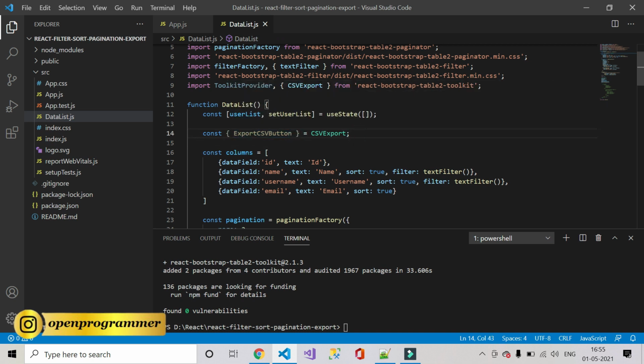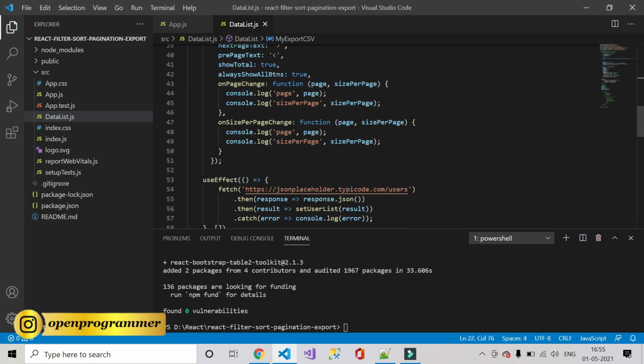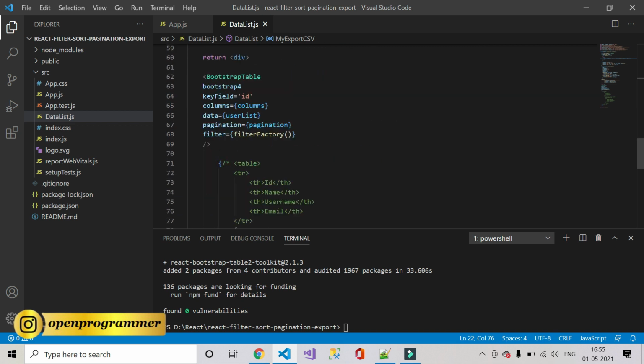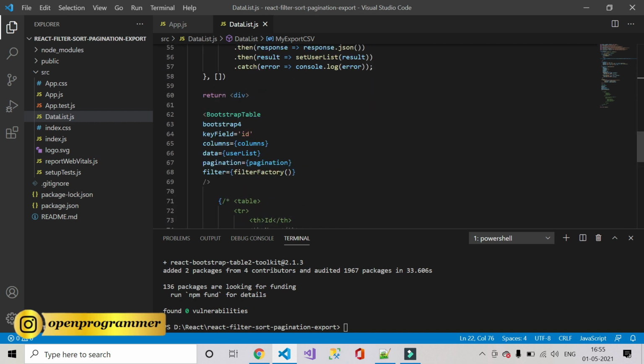Now we have to create an on click event for this particular button. I have created this my export CSV. So basically this is a button which we will use to export the data in CSV format. Now go to the Bootstrap table. Here we need to wrap this.